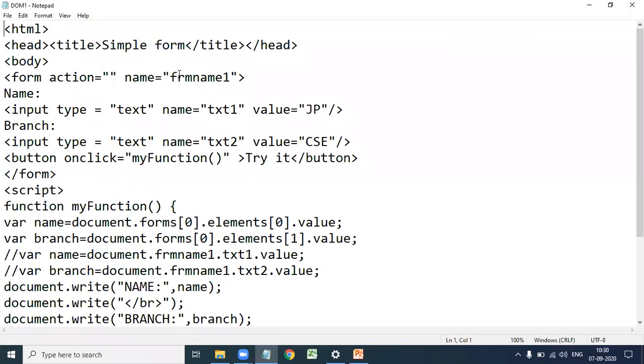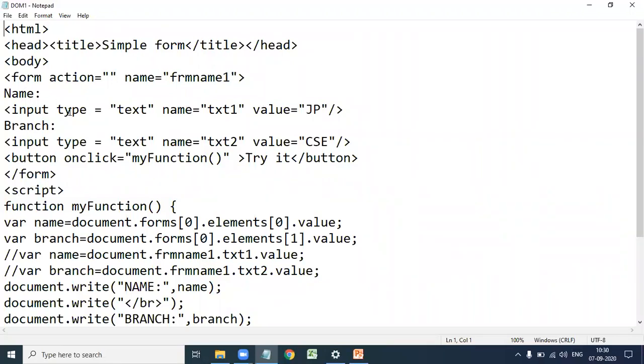Next, name equal to frmName1, so frmName1 is the name of the form. Next, input type equal to text, name equal to txt1, value equal to jp.